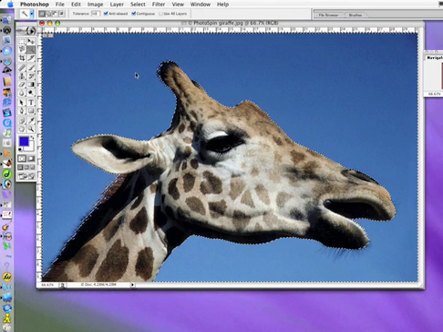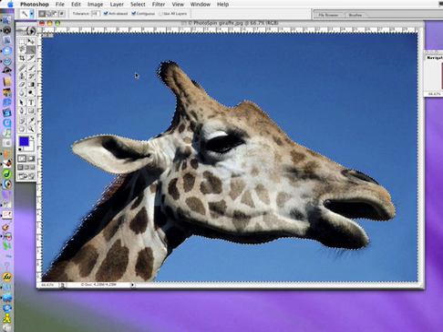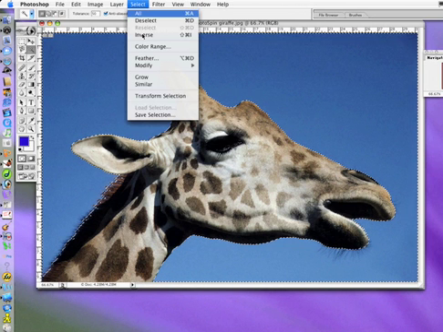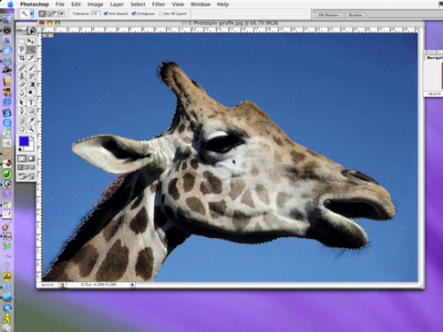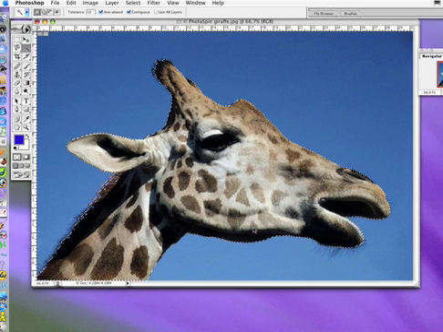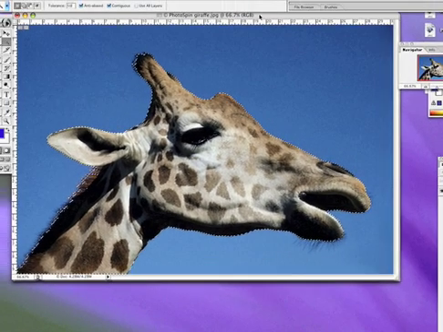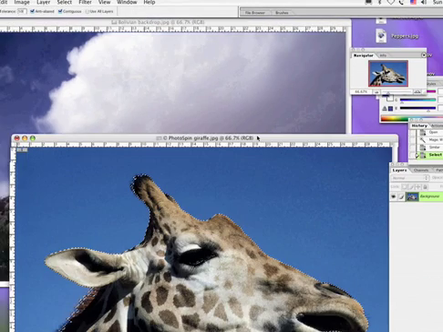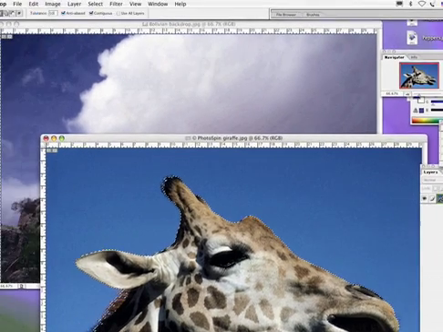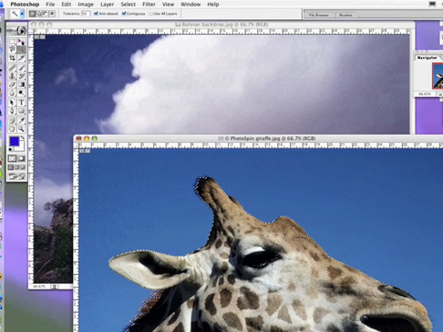That's just another step instead of going backwards, clicking off and selecting it again. Similar pretty much just selects it again for you. Now what you want to do is go ahead and select inverse of your selection, because we really want the giraffe selected, not the background. This is the part we want to move over, and you want to see the Bolivian sky at the same time. Go to your tools palette, make sure you're in the arrow tool,